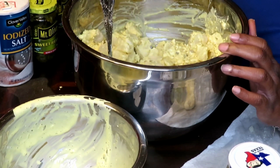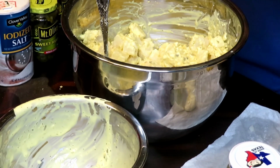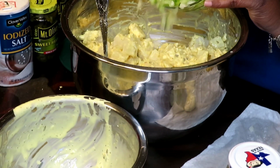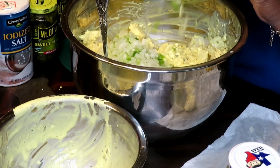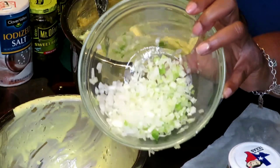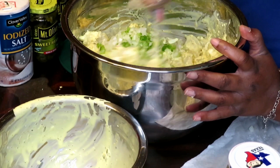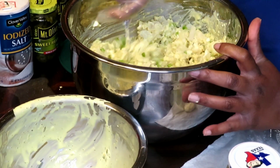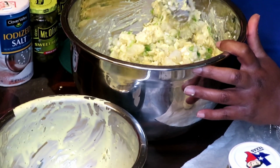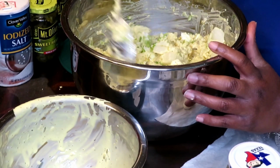And then we're going to go in with our bell peppers, onions, and celery mixture that we made earlier. And I'm going to go in, I reserved some just in case. And I want to go in again with another initial mixture and mix it up, because I'm about to get my hands dirty. But if we need to make some more sauce,